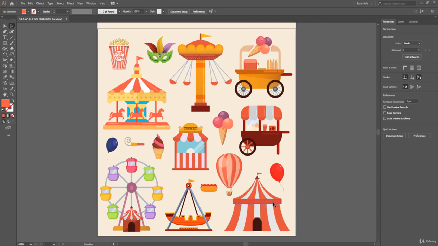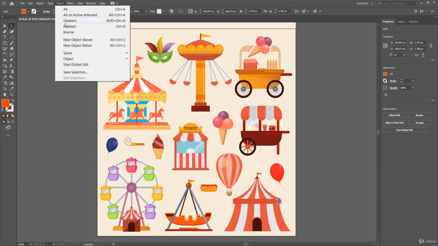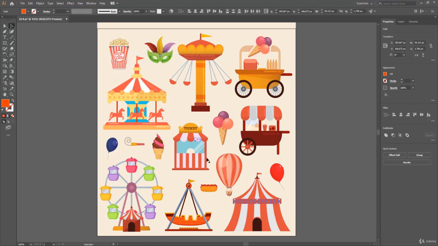Now we have these little circles in this camp, and I want to change their colors. So I need to select them first. To do that, using the Selection tool, I click on one circle to select it. Then I come up to the menu above and I choose Select, Same. Here you can choose one of these options. So I choose Appearance, since the small circles have the same appearance. I didn't choose same color fill or stroke because there are other shapes that have the same color in this